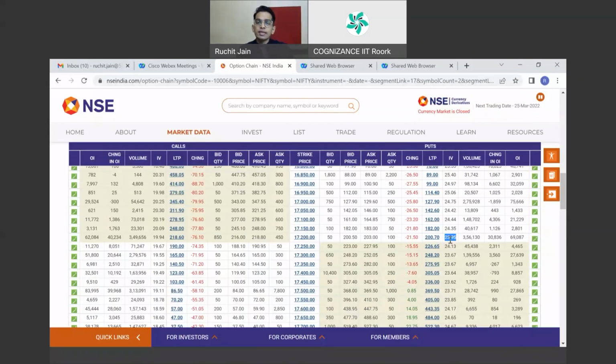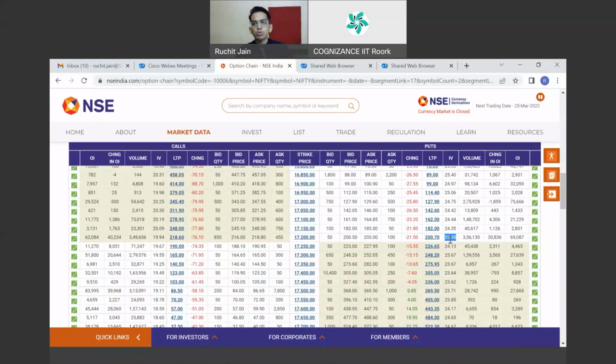But if IVs are in a declining phase, suppose IVs went till 30, and from there they started coming down. From 30, IVs came down to 28, 27, 25, 24, 22, 20, 18. So when IVs are declining, the option premiums shrink. So in that phase, option buyers do not earn much money, but option sellers are more profitable.